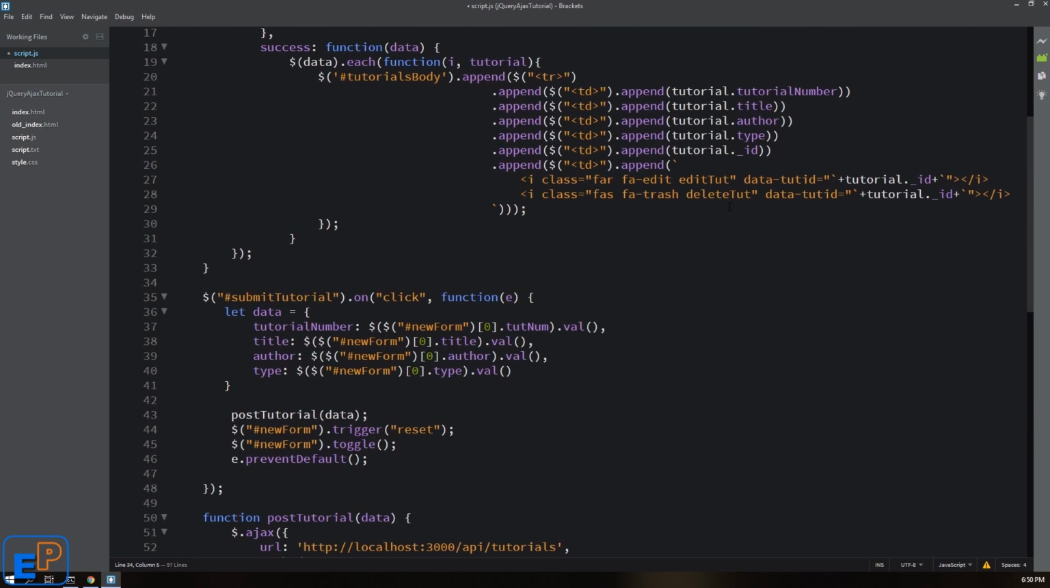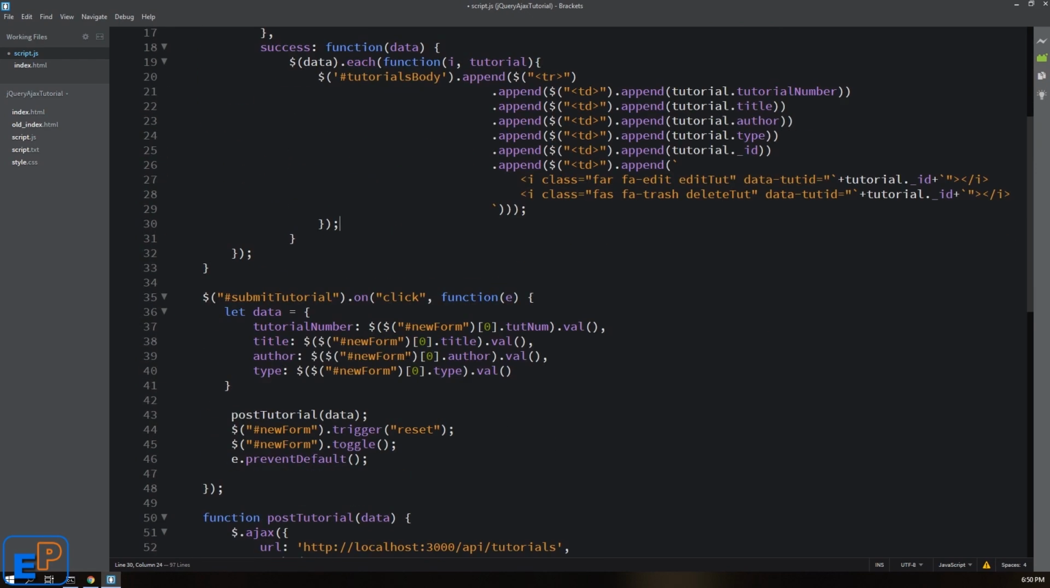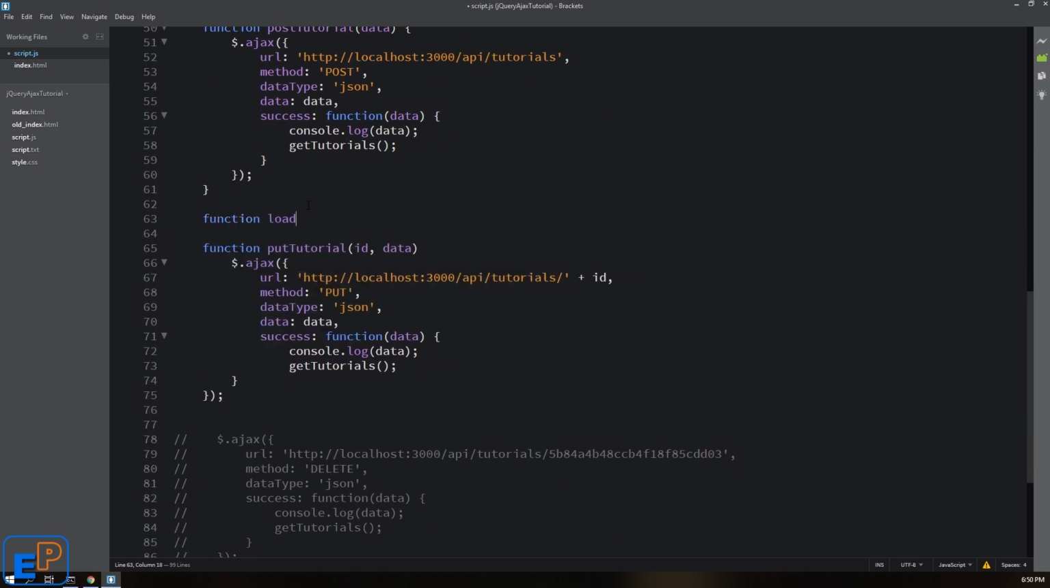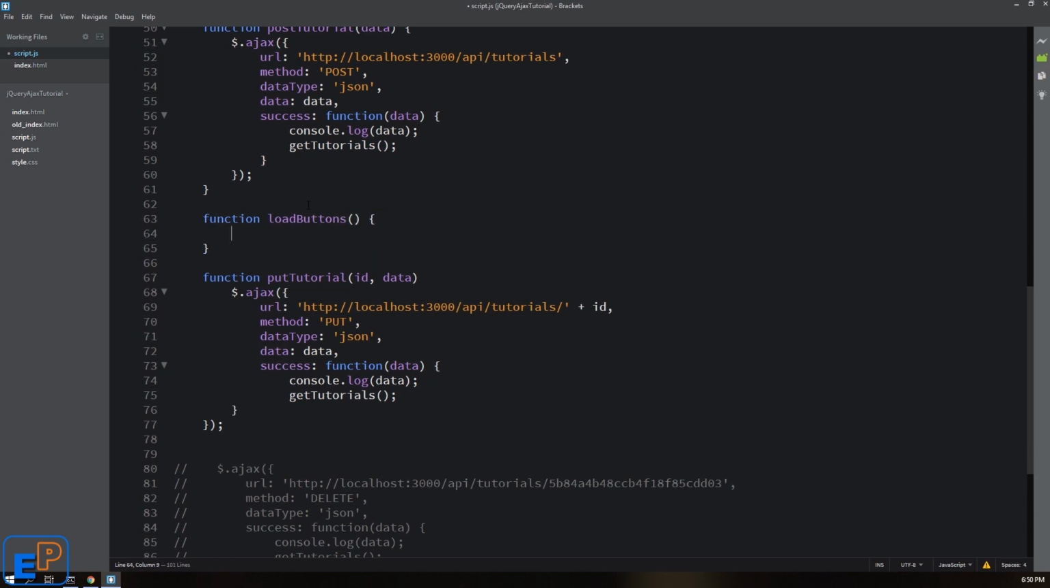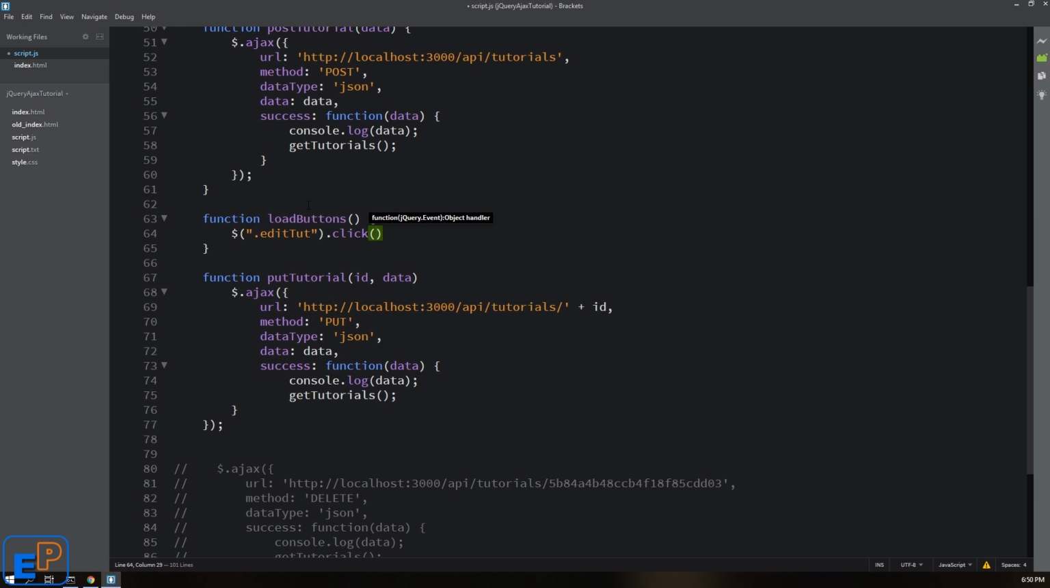So how JavaScript works is that it loads everything from top to bottom. So the way that this is working is that these buttons will load before any of these functions are loaded. So we need to actually load these buttons. We need to tie these buttons to the methods after they're created. So the trick to doing that is I'm going to create a function called, I'll call it load buttons, right? And we'll do edit tutorial because it's a class dot edit. Do a simple click instead of an on click. We'll do function